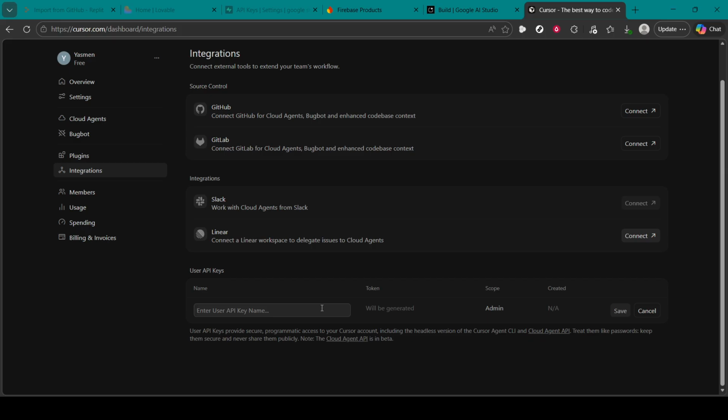A quick tip here. After you paste, glance at the beginning and end of the key to make sure there are no stray spaces or hidden line breaks. Extra characters can cause the key to be rejected. If Cursor gives you a confirmation or shows a status indicator, wait for it to complete. Once accepted, the integration should appear as active, and Cursor can start using your Google-enabled capabilities wherever they apply inside